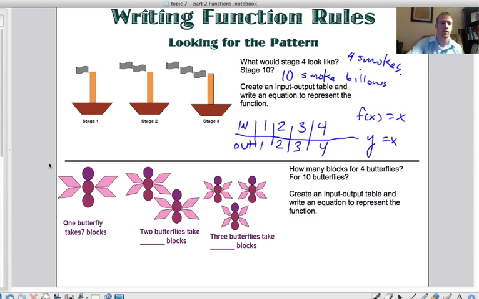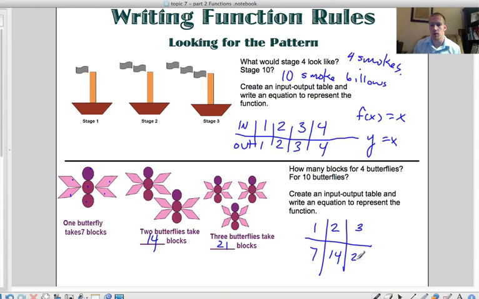Alright, so one butterfly takes 7 blocks. 1, 2, 3, 4, 5, 6, 7. 2 butterflies is going to be 7 plus 7, that's 14 blocks. 3 butterflies is going to be 21 blocks. So create an input-output table. That would just be 1 butterfly, 2, 3, and they don't have to go horizontal, they could go vertical as well. 7, 14, 21,